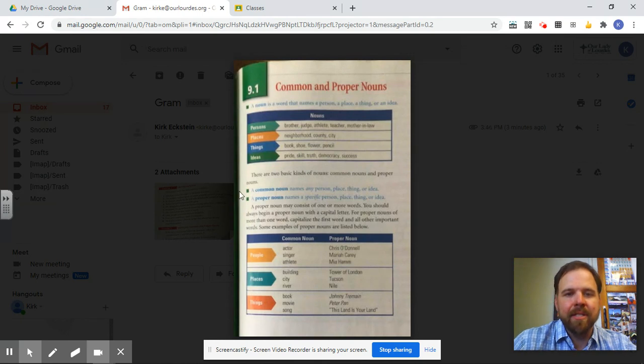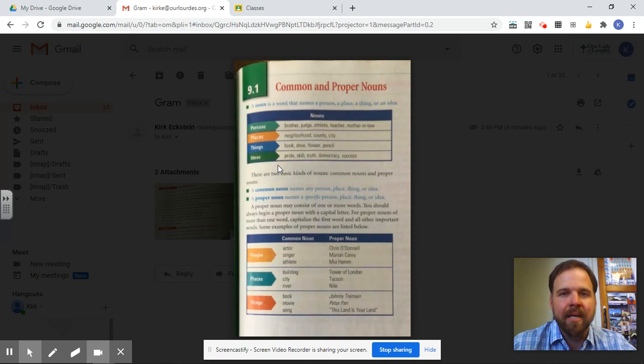But really, it reminds you, first of all, of what person, place, thing, and idea are as far as what constitutes a noun. About the middle of the page, it describes what a common and a proper noun are. A couple tips for that: common and proper, the titles themselves give you kind of a heads up on what they are. So a common noun is just very common. It's a basic noun like chair, student, classroom,